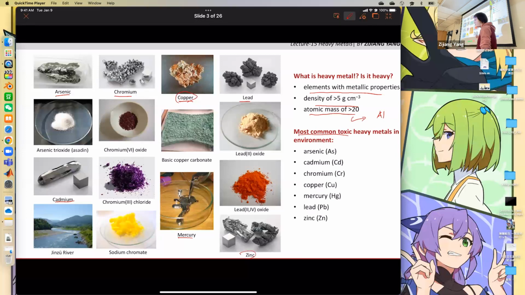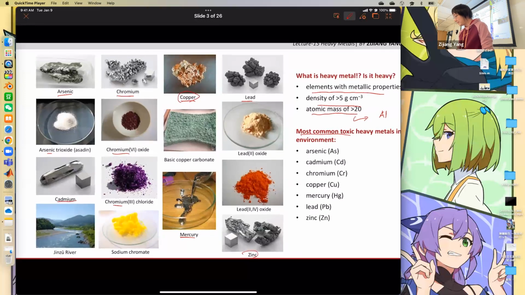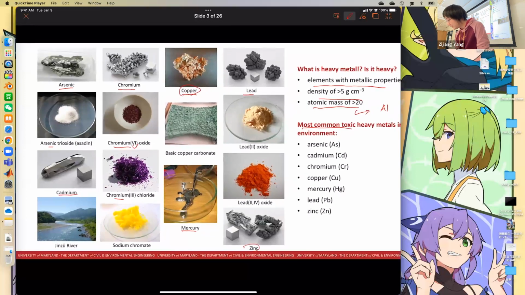So here I also found some pictures of different states. Let's just say chromium. We can see that chromium has different oxidation states. Depending on the amount of oxygen that the environment has, it can have different states. And we can also see that with different oxidation states, they have different colors. This is the same for lead. So anyway,